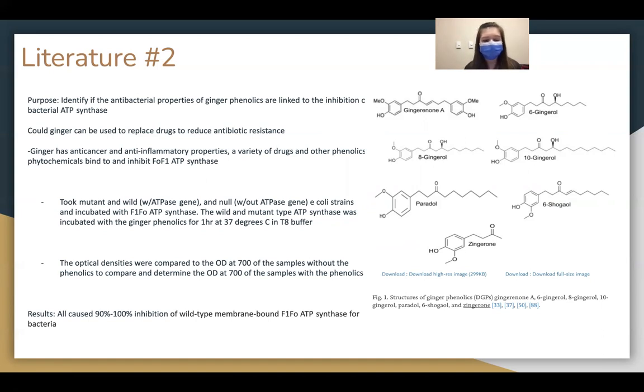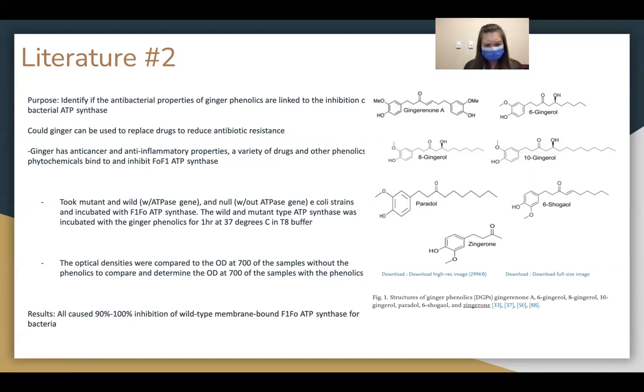So they took mutant, wild type, and null E. coli strains and incubated them with F1, F0 ATP synthase. These E. coli strains either contained the ATPase gene or they didn't. After that, they took the wild type and mutant type ATP synthase and incubated that with the ginger phenolics for 1 hour at 37 degrees Celsius in a buffer. And the optical densities that were measured were compared